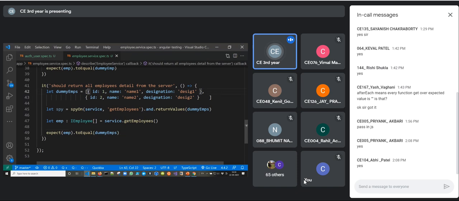So we are expecting that even though we have not created the database, and we are not getting the data, due to using these dummy records, we can make sure that our code is working, your front end is working. So see the use of spy on and return values. Spy on this particular method, and whenever this method is invoked, return this fixed set of values. This is the array of two employee records which are always returned, even without the implementation of the service method.